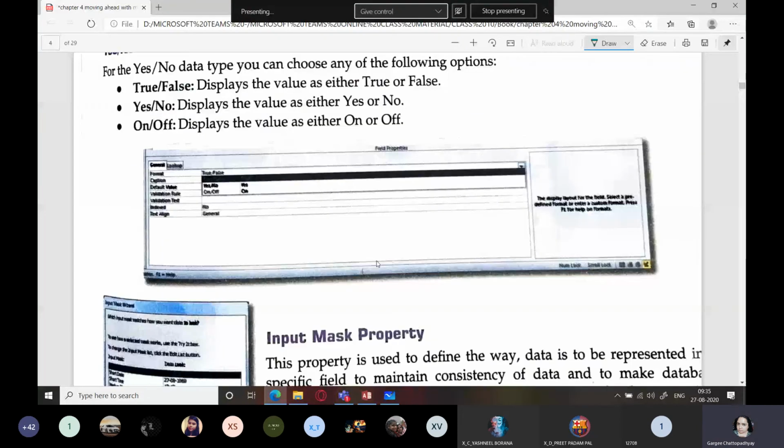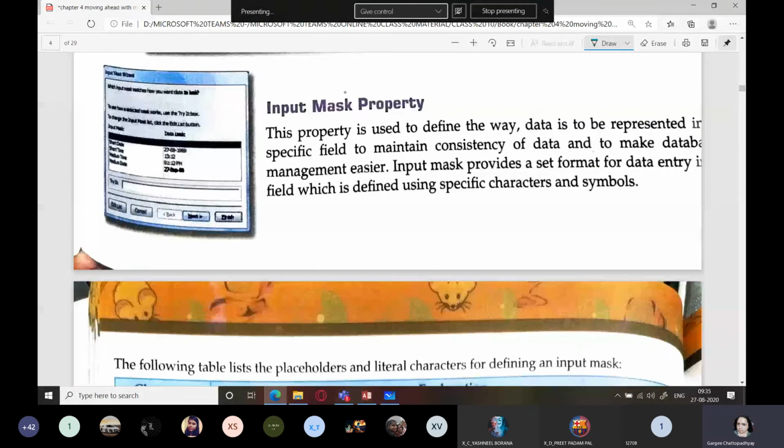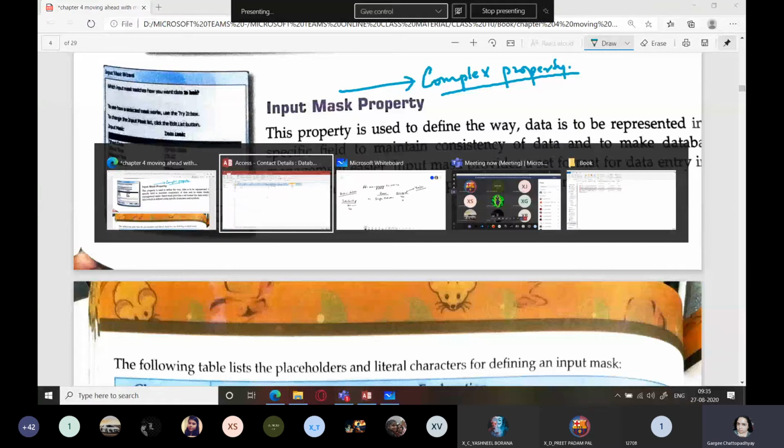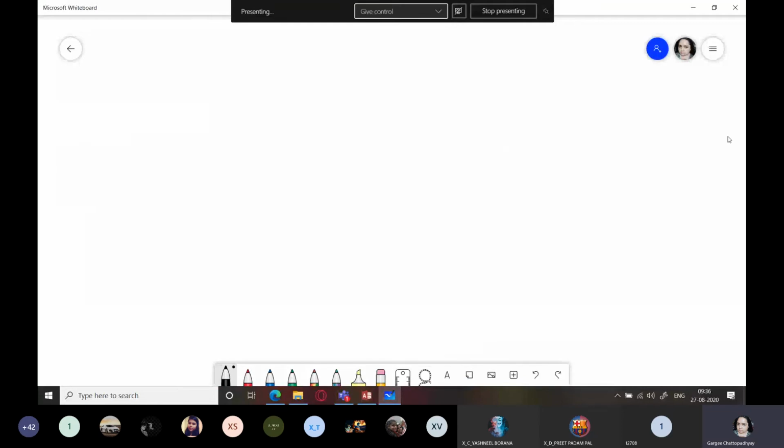Next is something which is very complicated. This is a complex property which you need to understand very well. Okay. Input mask property. Now, what is input mask? Sometimes when you are filling online forms, you get fields which accept the data in the actual format. Like for example, email, it might give you a placeholder